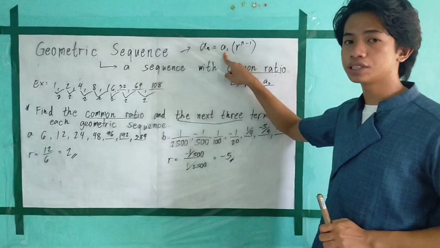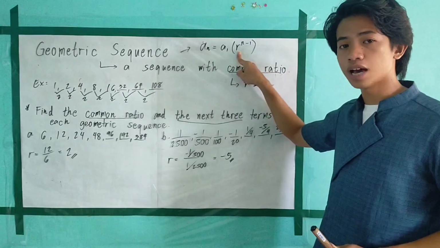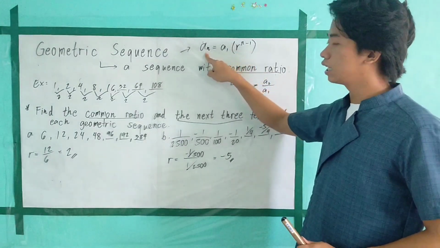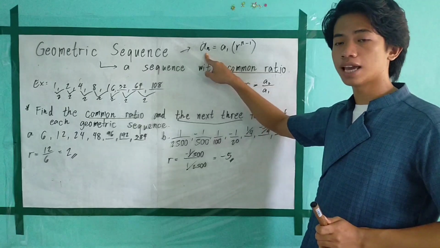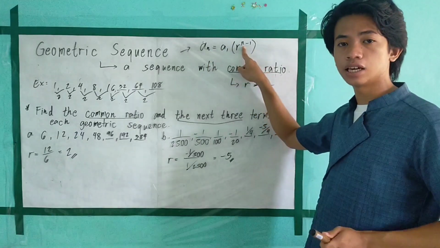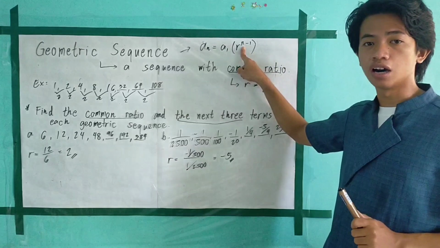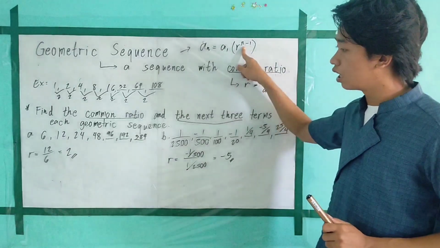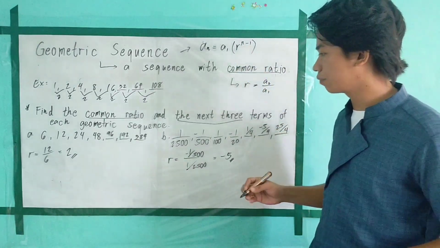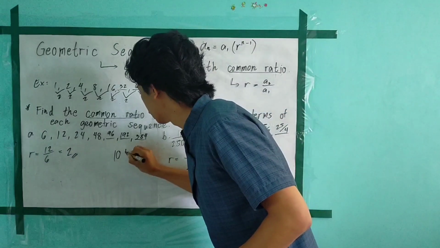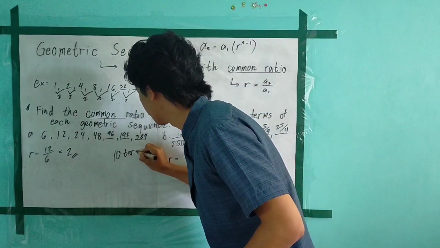A sub 1 is our first term. R refers to the common ratio. A sub n refers to the nth term. And then n here is the number of terms. Okay, since we are looking for the 10th term of our sequence,